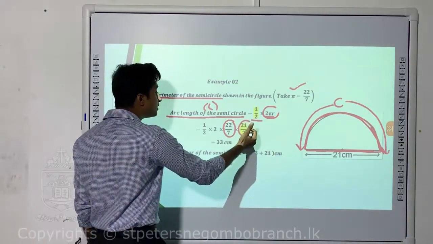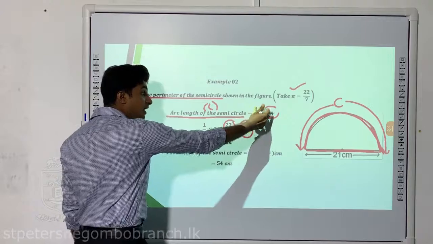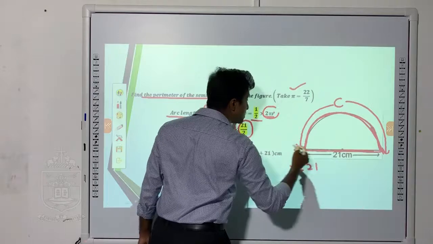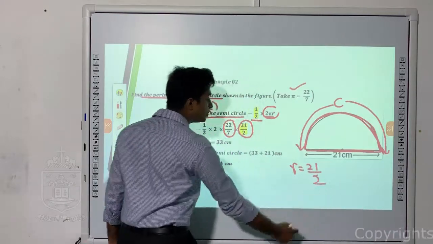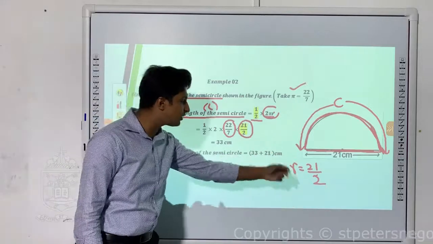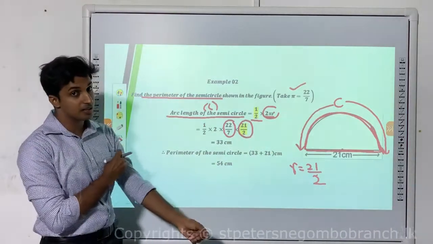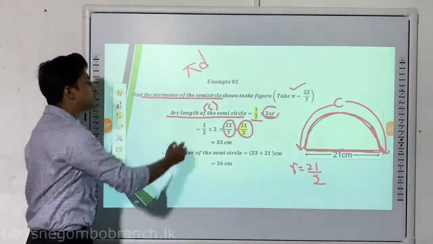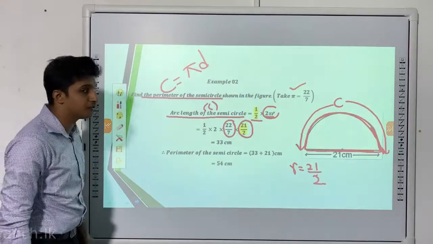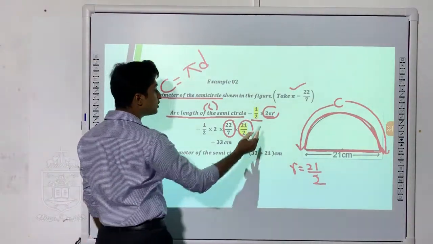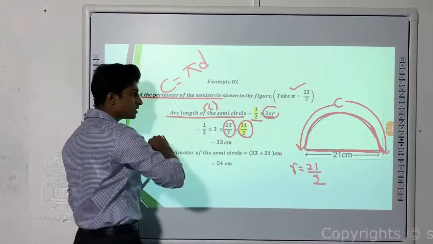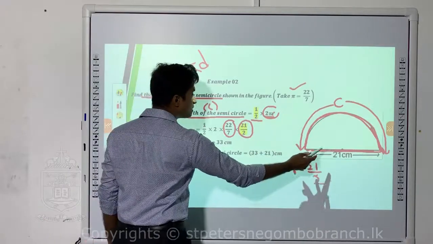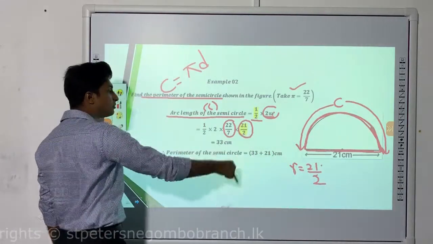Into, instead of the diameter, I have used the radius here. Since I have used r, the radius is going to be the diameter divided by 2. 21 centimeters is the diameter of the circle. 21 divided by 2, you will get a decimal. Don't take the decimal, take the fraction to the simplification, which is easy, right? Instead of using pi d, in the next step I will explain the same question using C equals pi d. Instead of using C equals pi d, I have used 2 pi r, that is half of 2 pi r because of the semicircle. So when I was substituting the values, instead of r I have used the diameter divided by 2, that is 21 divided by 2.